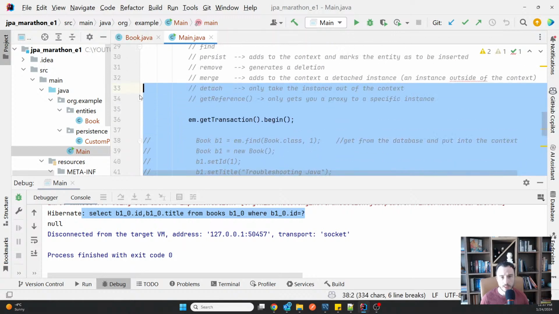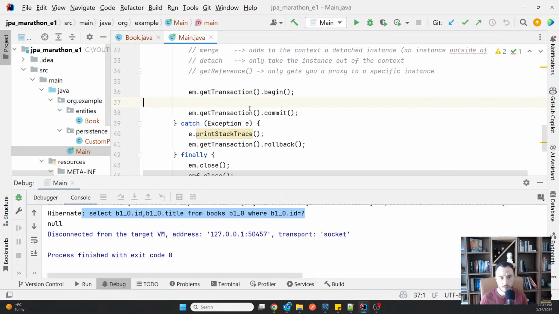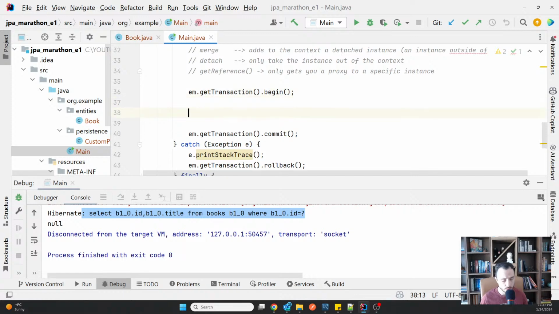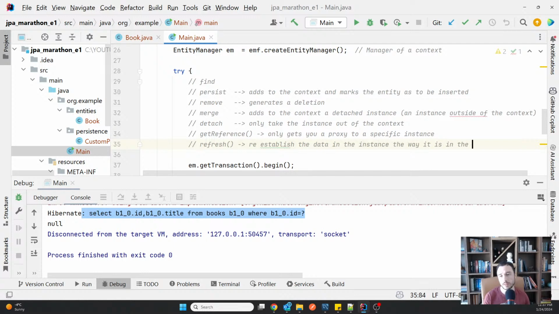Okay, I can actually delete all this now, and we can focus a little bit more on the entities. So we saw there are some operations. I think I also had to add refresh here, which re-establishes the data in the instance the way it is in the DB.